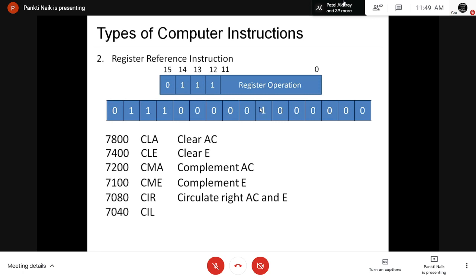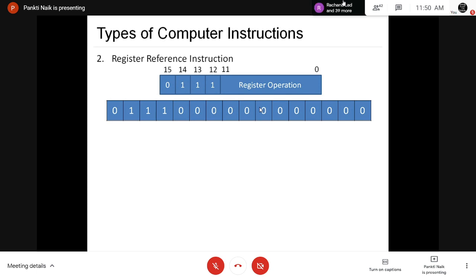Next instruction is CIL, circulate left AC and E. Then INC, that is increment AC. Then SPA, that is skip the next instruction if AC is positive. If the sign bit of AC is positive, then skip the next instruction, and for that the instruction is